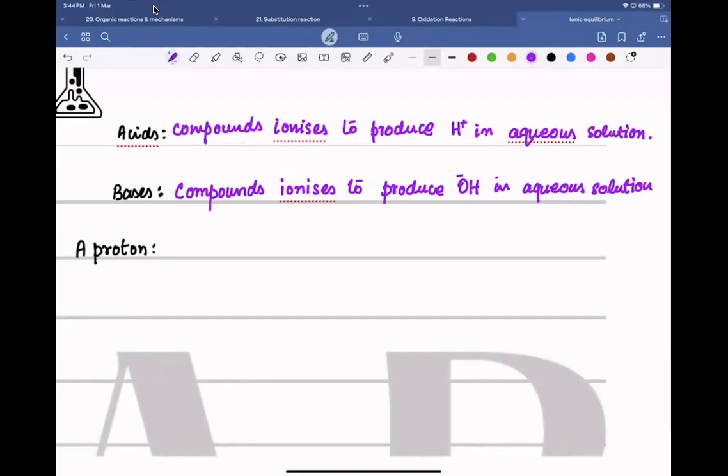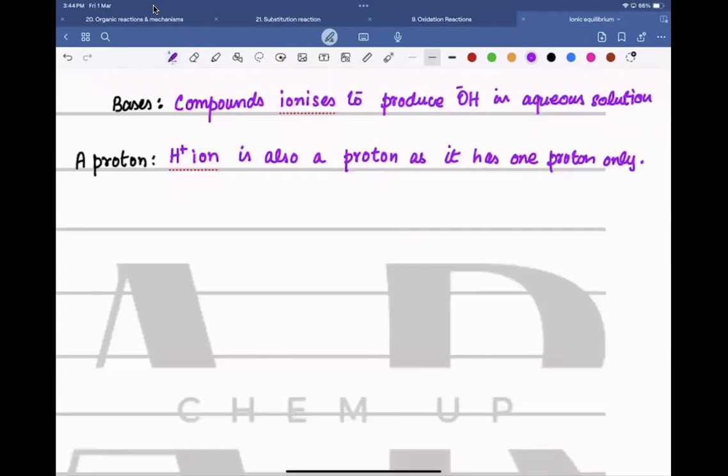Proton is a subatomic particle which is present in the nucleus of an atom, right? Yes, sir. Positively charged. So, hydrogen ion is also a proton. And see how. Let me show you how. As it has one proton only,